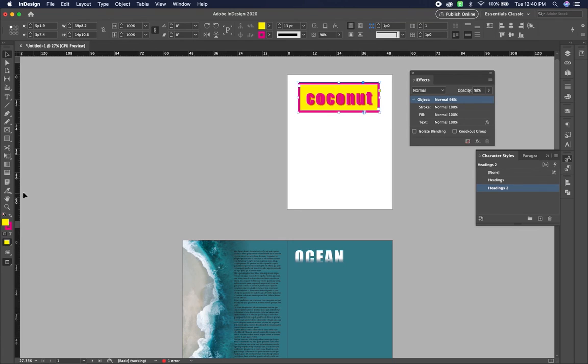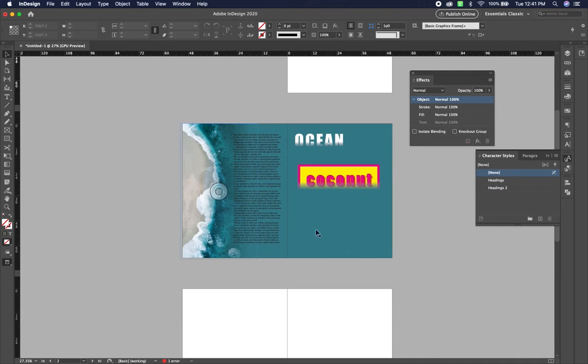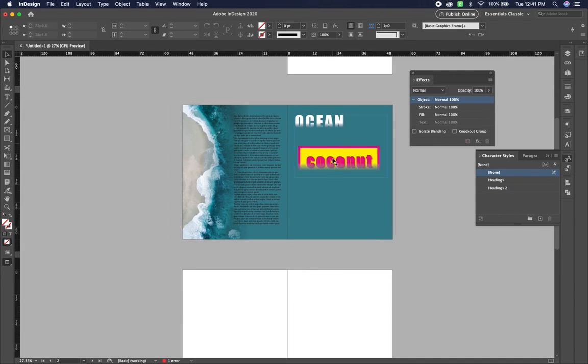Let me try again with this. I think I had the gradient tool selected instead of the feather gradient, I had the regular gradient tool selected. So basically that allows you to go from dark to light. Then you have the regular gradient tool, which means that you can apply gradients to anything as well. Okay, so that's basically all I'm going to cover right now in InDesign,